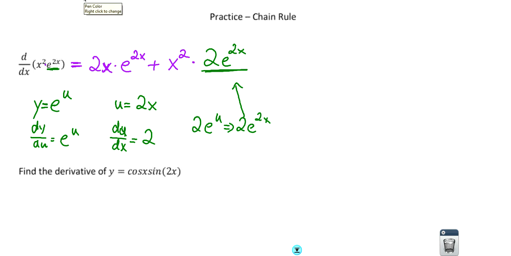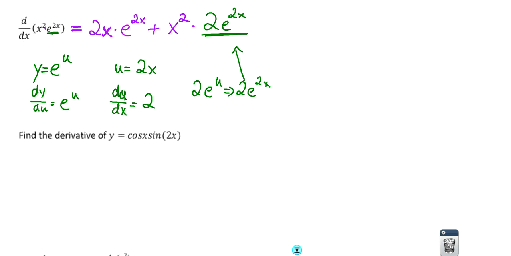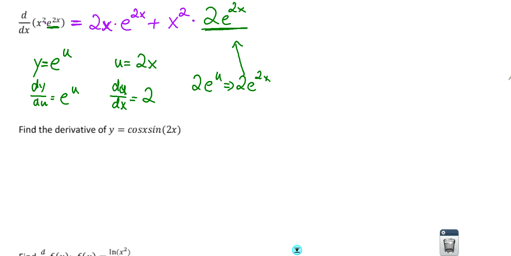Now the next one. Find the derivative of y equals cosine x sine 2x. Again, this is another example of we have a product rule, but inside of my product rule, I also have a chain rule because I have this 2x inside sine x. And there's this multiplication here, cosine x times sine 2x. So again, I start off my derivative by doing product rule. So the derivative of cosine is negative sine x